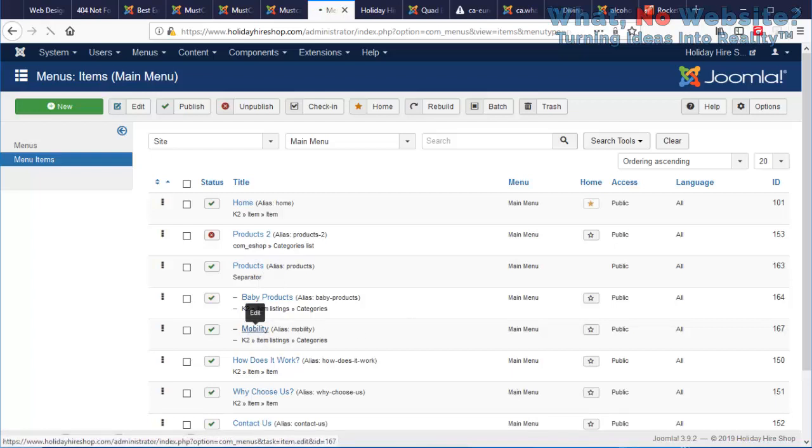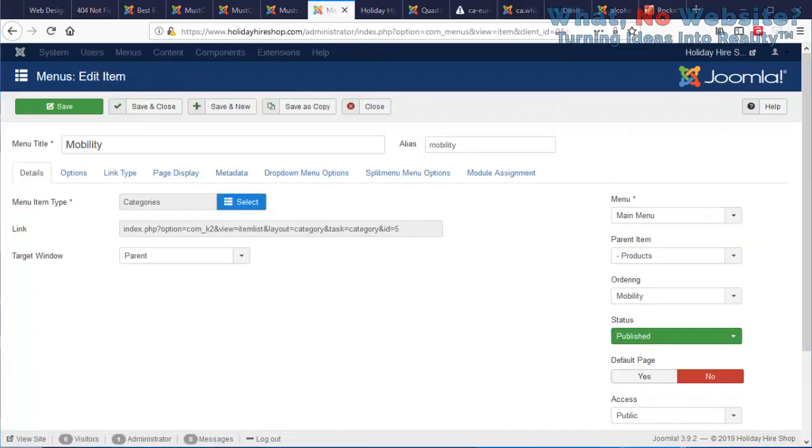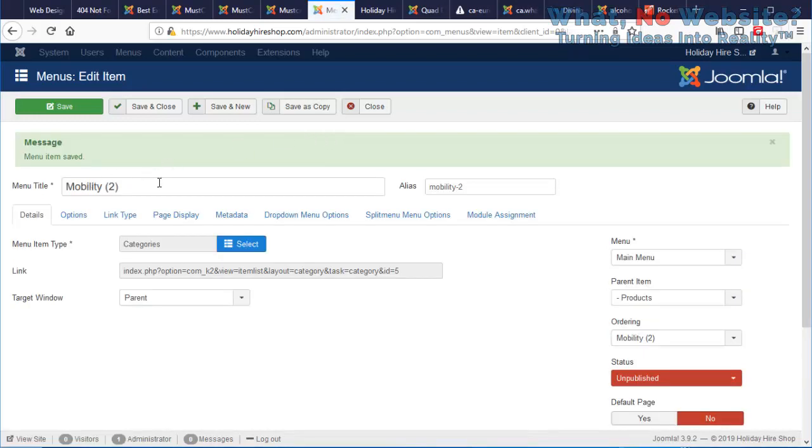So I'm just going to open up mobility, and very quickly just copy the category name from another screen, click save as copy, and you'll see here it says mobility 2, so I'm going to get rid of that and replace that with electrical and miscellaneous, and then go over to the alias and delete it so that it's automatically generated. Set that to